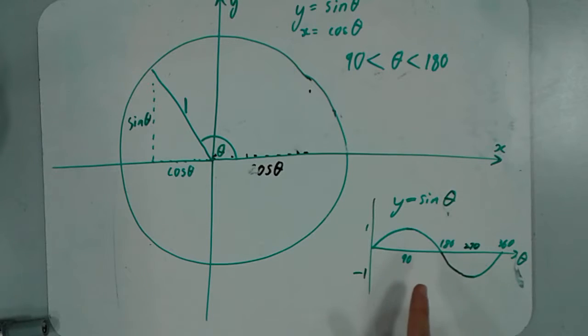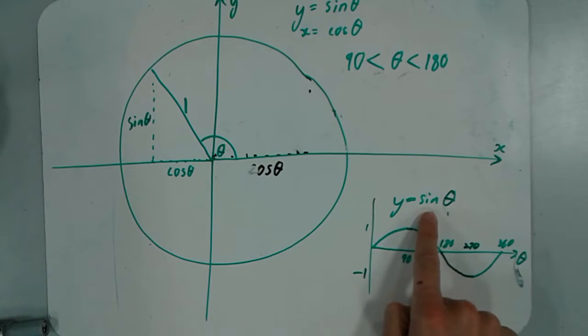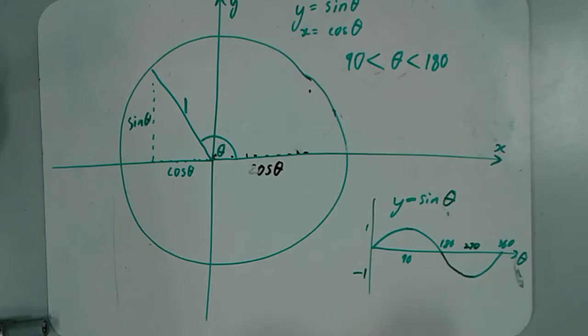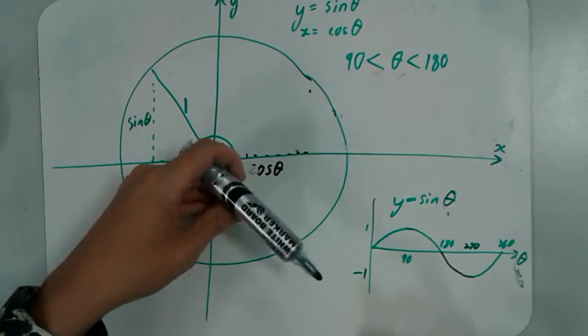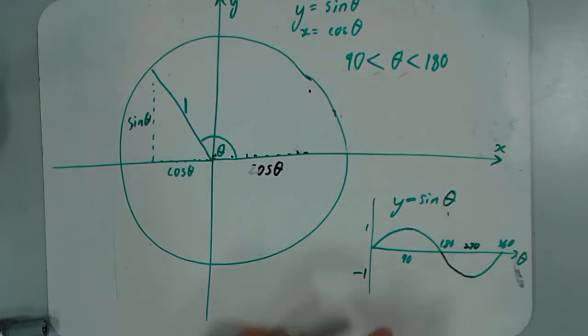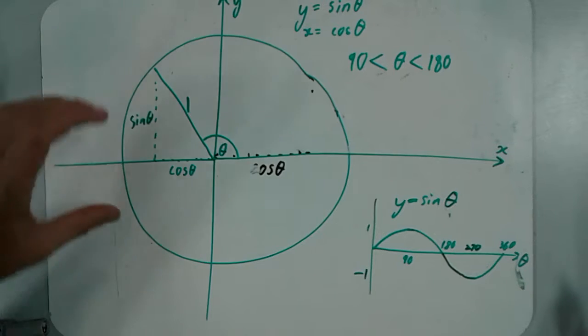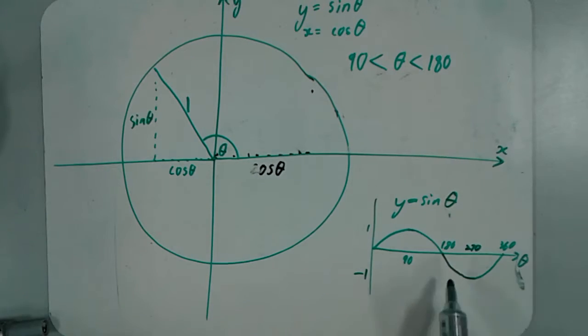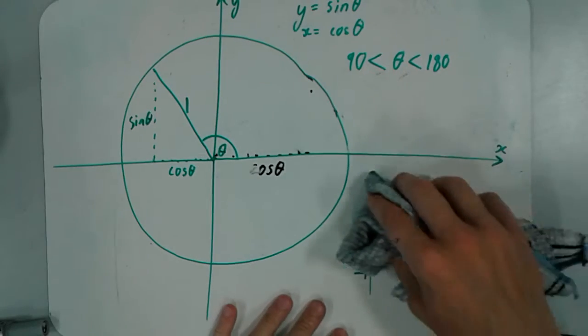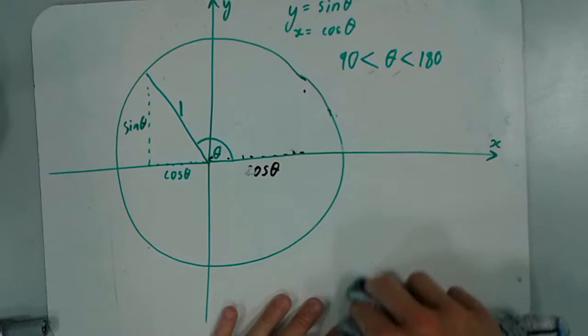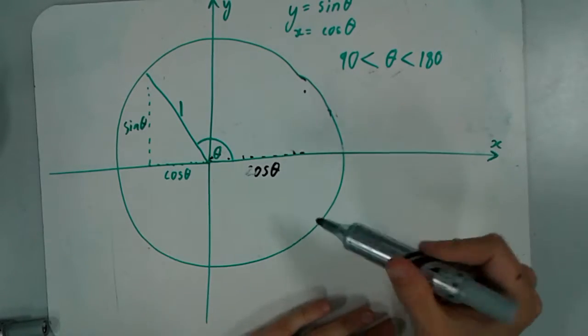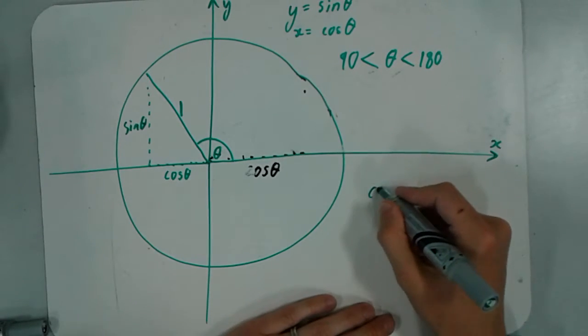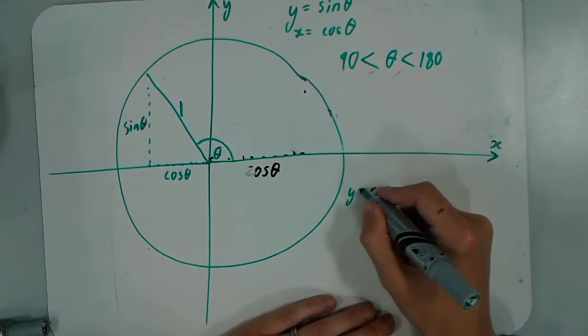That's how we can use something which is usually thought of as related to triangles, but we can take up to 360 degrees or beyond by continuing to just rotate round. And it explains how sine theta can be negative and how we can define it for angles over 90 degrees or over 180 degrees. A similar argument does work with cos. If we look at cos theta, or y equals cos theta,